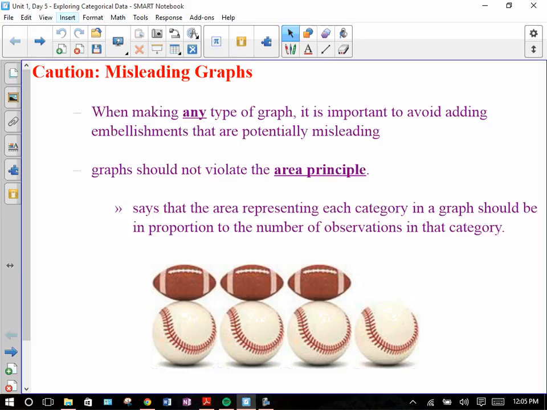All right? So again, the area representing each category in a graph should be in proportion to the number of observations in that category. Okay? So what that means is, if we're looking at this graph,